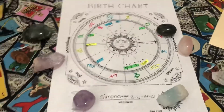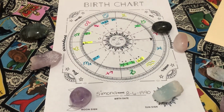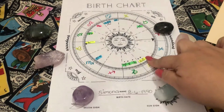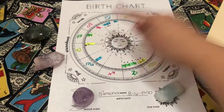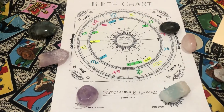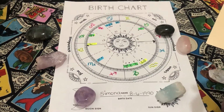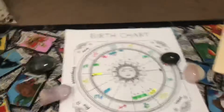Okay, so first thing I want to say is with your chart, you have almost an even amount of all elements. So we have the greens, which is the earth elements. We have the yellow, which represents air. You have some water, and you also have a fire in your chart. So to have all four elements, that's pretty good. It means you're pretty much well-rounded in most areas, but the only planet being in the red, or the fire, can show maybe a bit of a struggle with